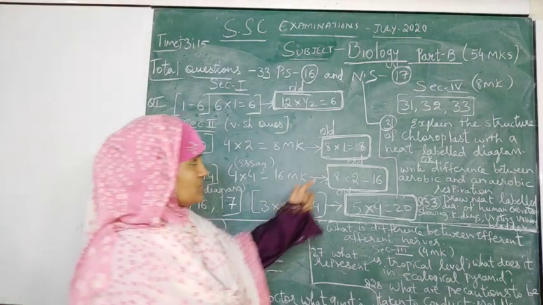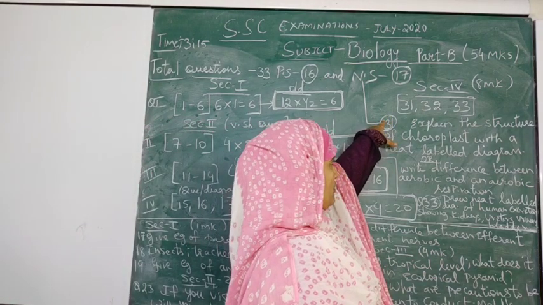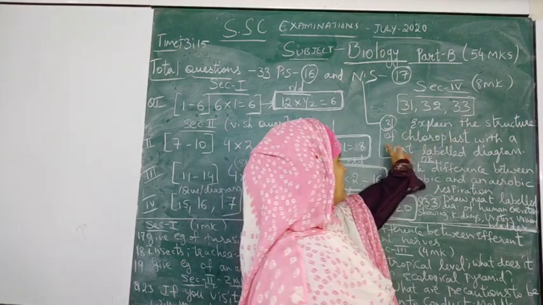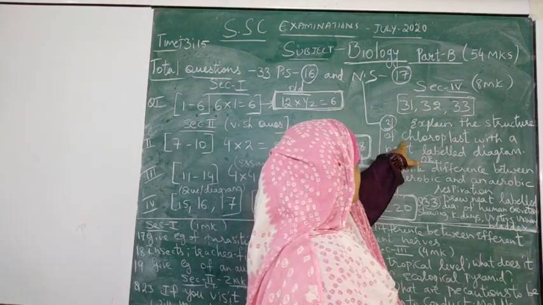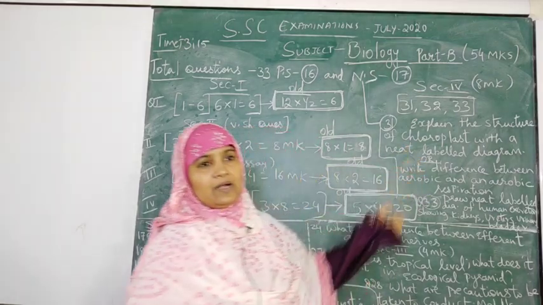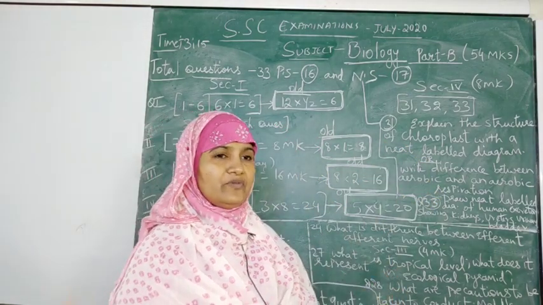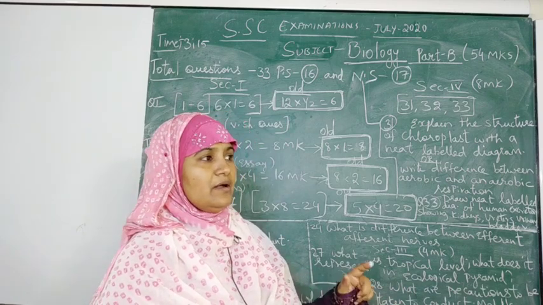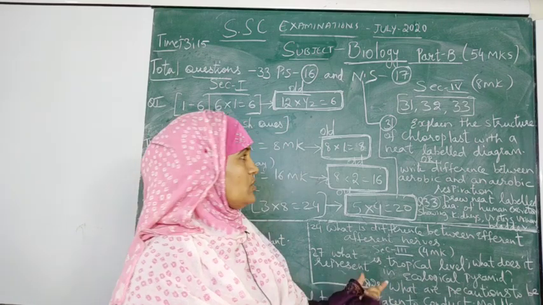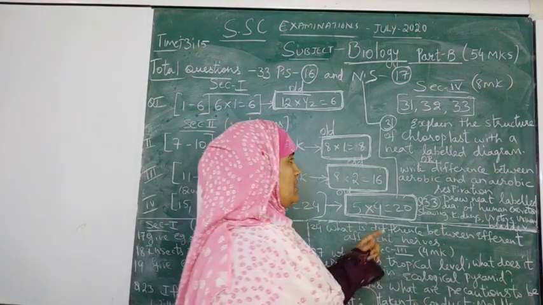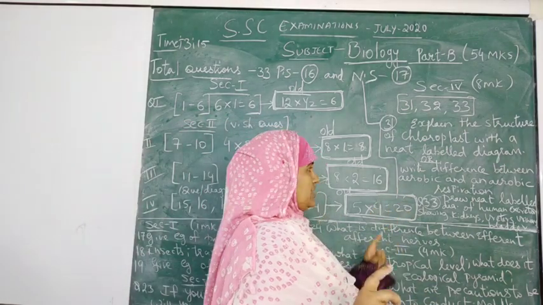Okay, now let us see the question that may be asked in Roman 4. That will be 31, 32 and 33 of your question paper of part B. Explain the structure of chloroplast with a neat labeled diagram. So you have to even draw that chloroplast, then you have to even explain the structure, how it is. In the written form also you have to show, and the diagram also you have to draw and label the parts properly with a beautiful presentation.